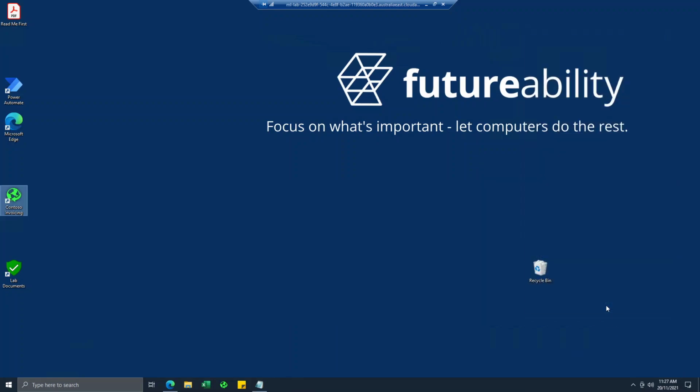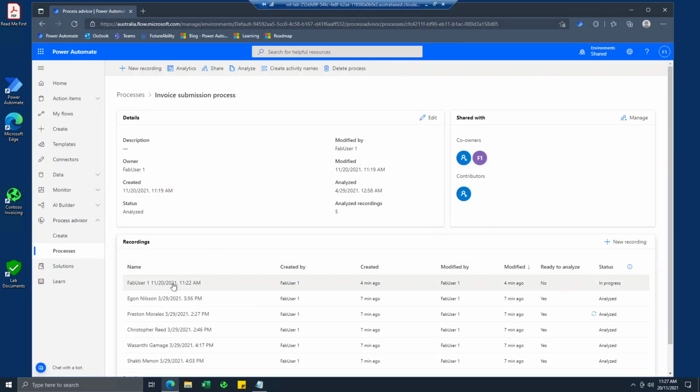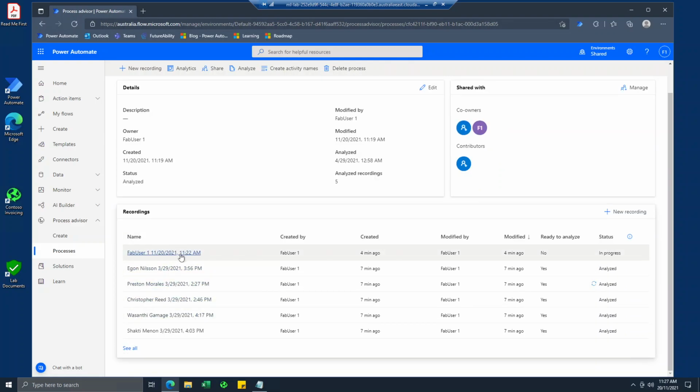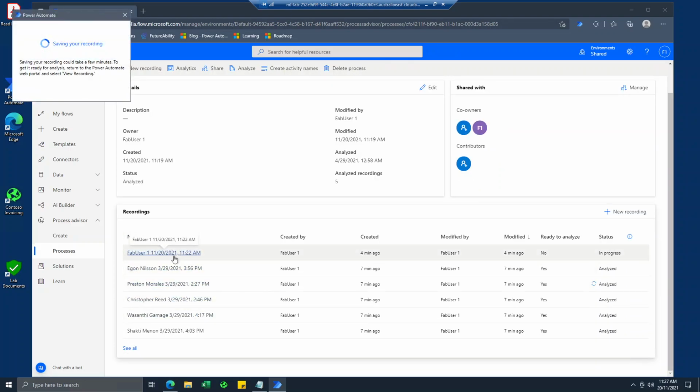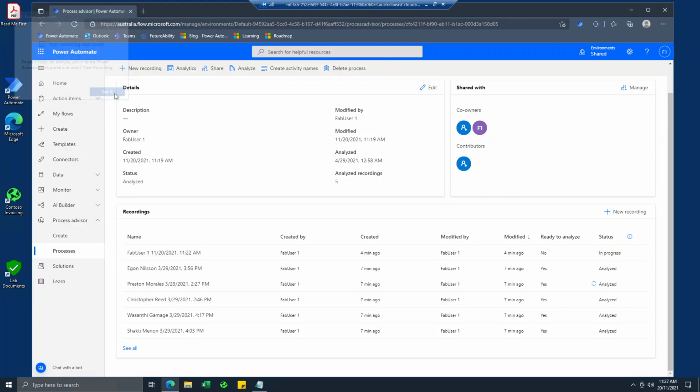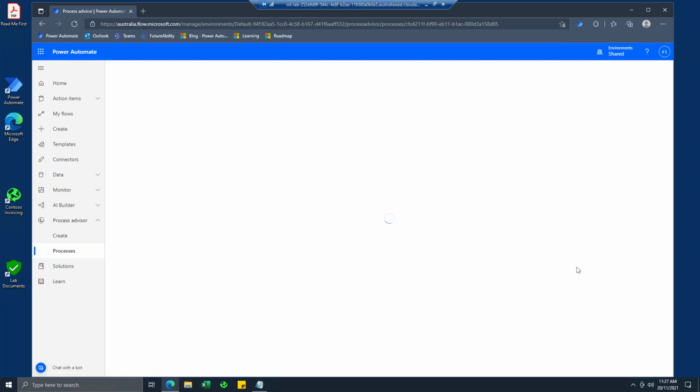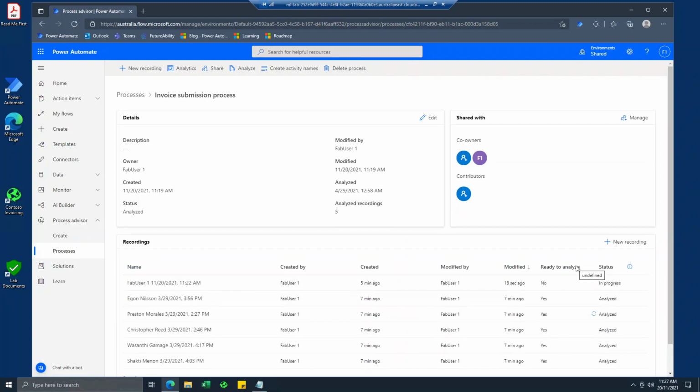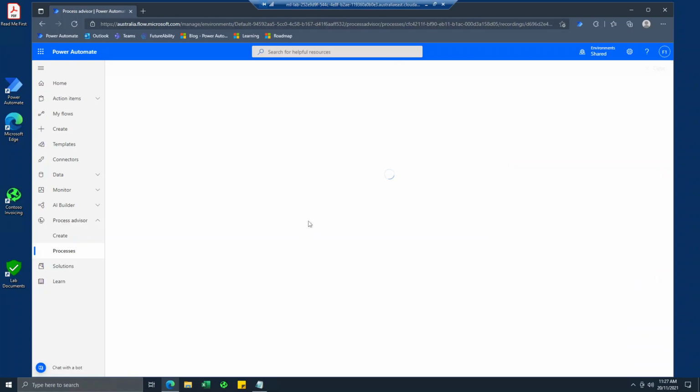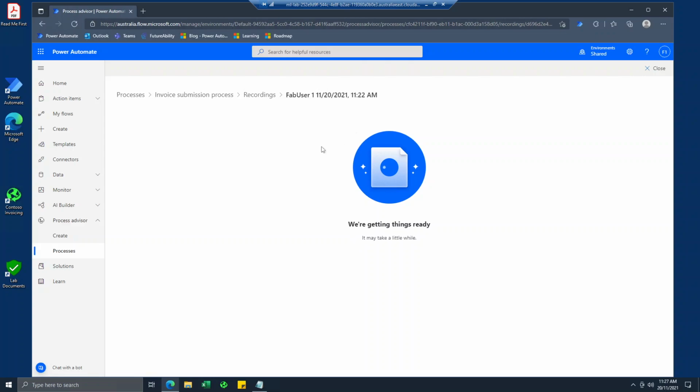And then what happens is that will save itself back to the cloud, to Process Advisor. And what you will see here is this recording. So it's saved, click got it, and then here you'll see a status of in progress. If I refresh that, that was saying the recording was in progress. And if I click on it here, it can take a few moments for this to render